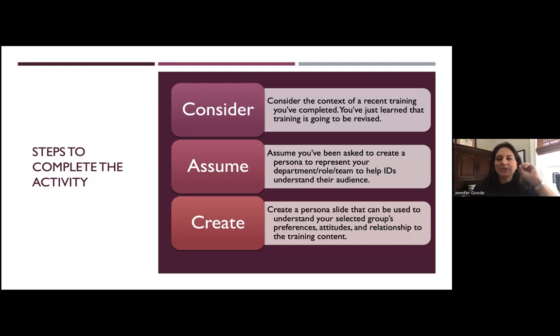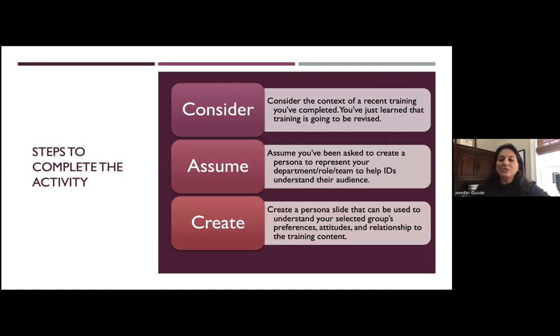Now, this is going to be a little bit imagination inducing, because typically they would send an analysis team out and do some interviewing and try to draw some conclusions based on the data they collect, like interviews, surveys, whatever. But we don't have time for that. So let's assume that you work in a group of similarly tasked or similarly role-based folks. Like I work in a technical communication or technical writing department, or I work in a graphic design group. Okay, so whatever your group is, assume that you are the one who is kind of assimilating this data based on what you know. And you've been asked to put together a persona for that group.